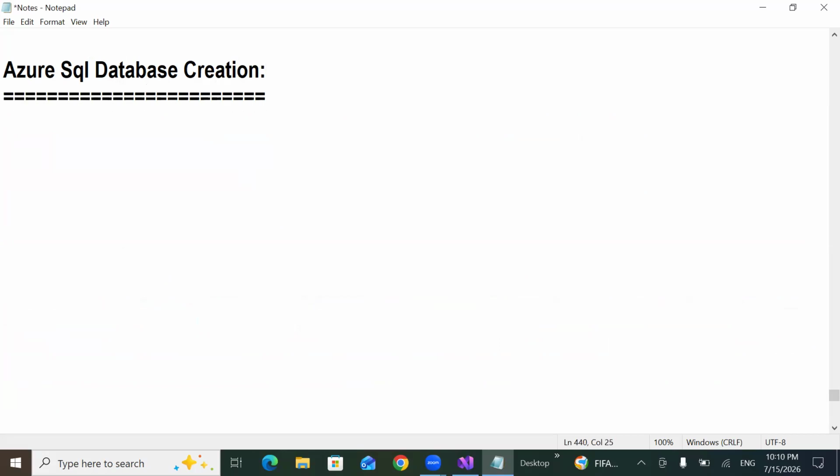Okay. For that, what is my step one? Can anyone tell me? I need to log into the Azure portal. Am I right or wrong? Step one is log into the Azure portal. Okay. So to log into the Azure portal, go to the browser,